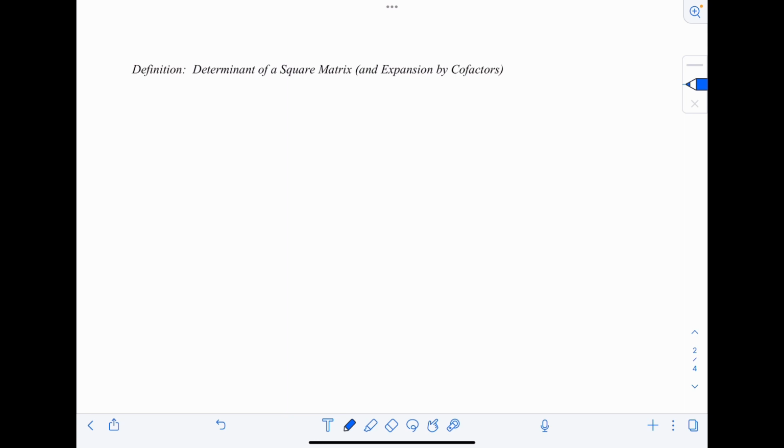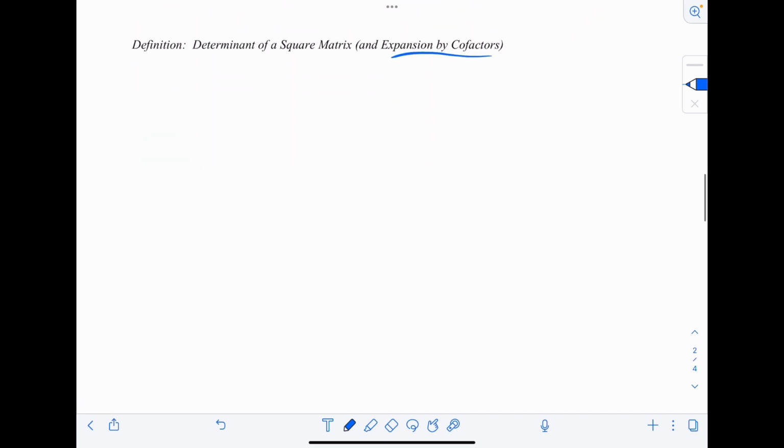Now in your book, you've got 2 different theorems. You've got one called the determinant of a square matrix and another called expansion by cofactors. I'm skipping over the determinant of a square matrix because I really want to just get to the expansion by cofactors, because that really encompasses both theorems. And all this says is that if A is a square matrix of order n, in other words, an n by n matrix,